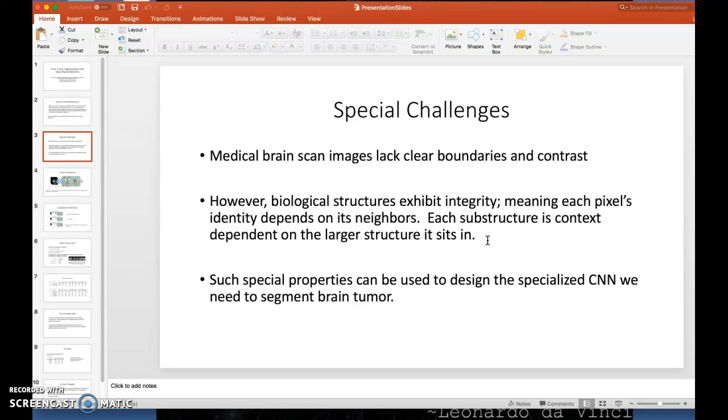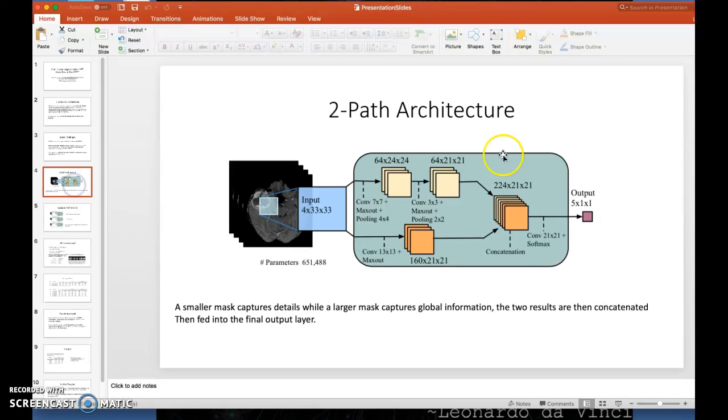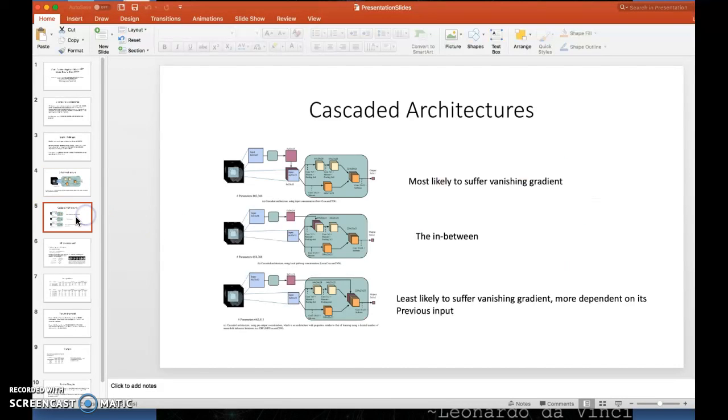So, how can we use these properties to design CNNs that we can use? What we could do mathematically is to have a two-path architecture with a bigger mask to account for the whole structure, and a smaller mask to capture the details. And then we incorporate them into a cascade architecture, taking into account the fact that we need to capture